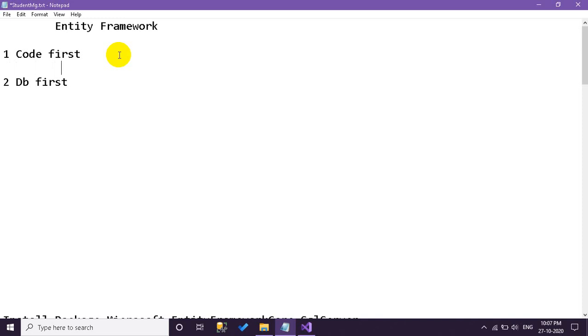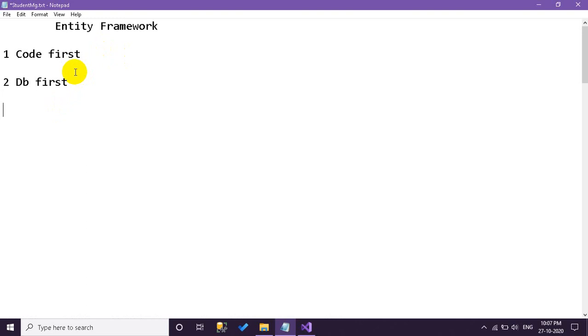Code first is nothing but when we write some code inside our Visual Studio and build our project, eventually the database and all the required tables are generated automatically in our SQL Server. That is the approach in code first. But in the case of DB first, as its name suggests, first we have to create the DB, because we have to fix all the tables and all the things.